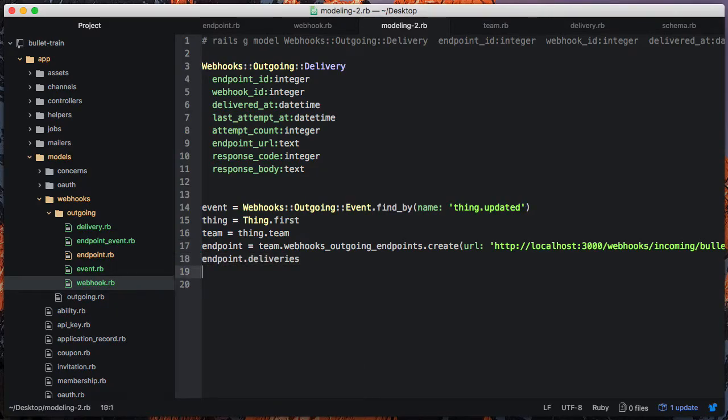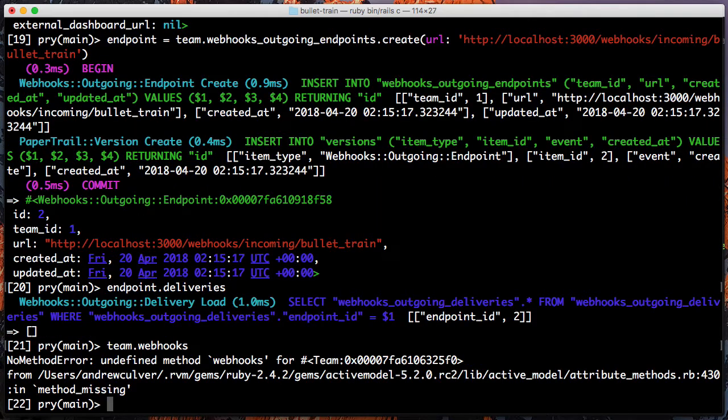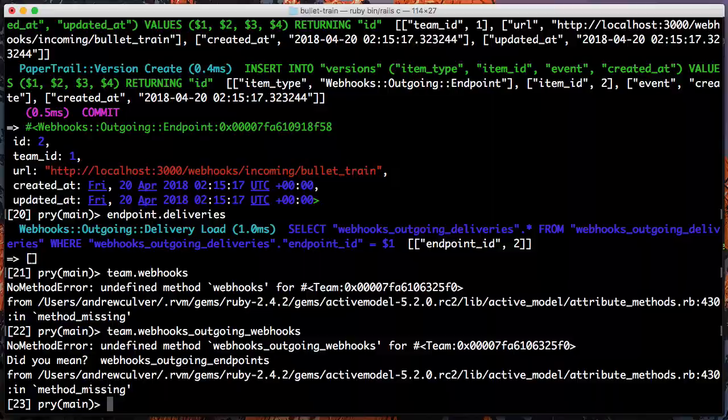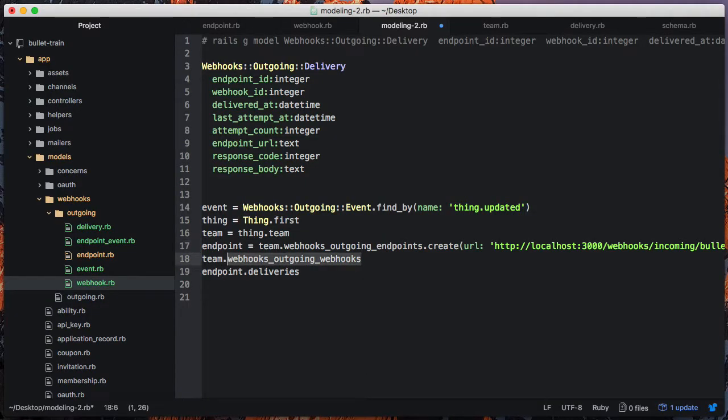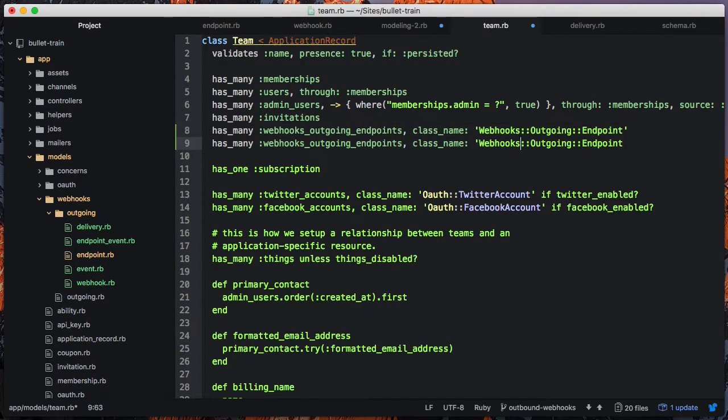Okay, but the point is that the endpoint, the team has webhooks. Is that... Yes, so the team also has